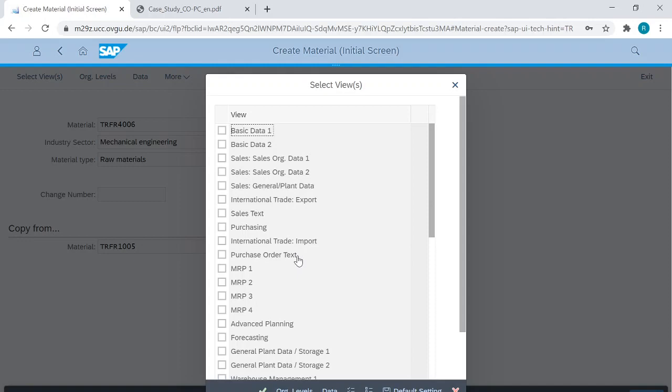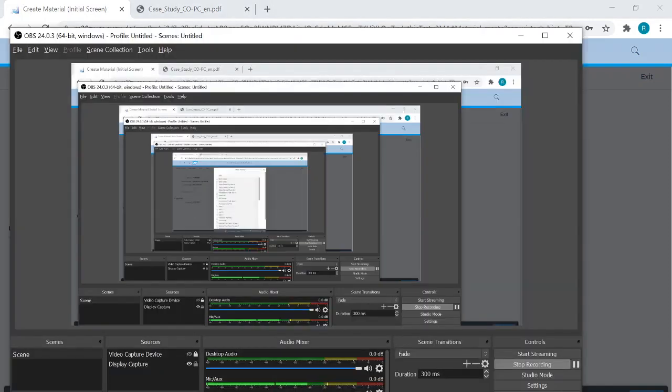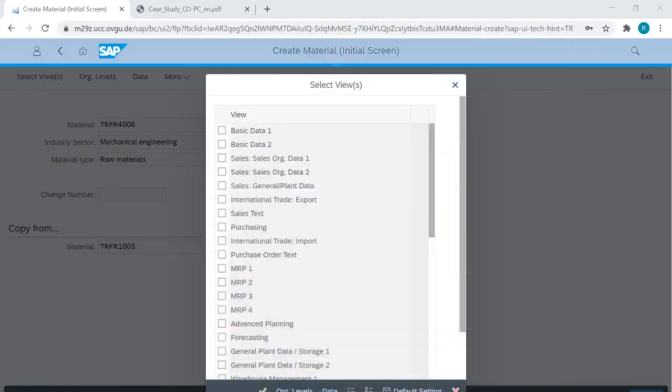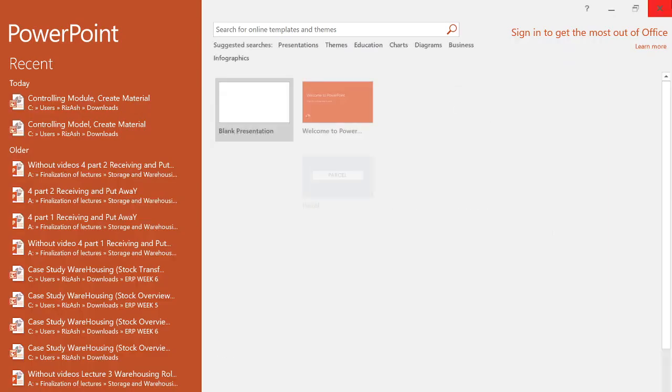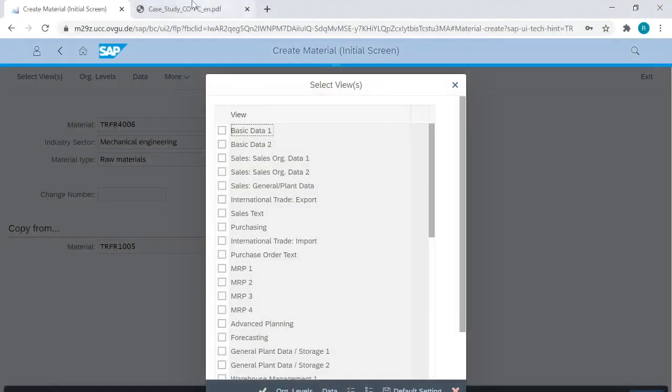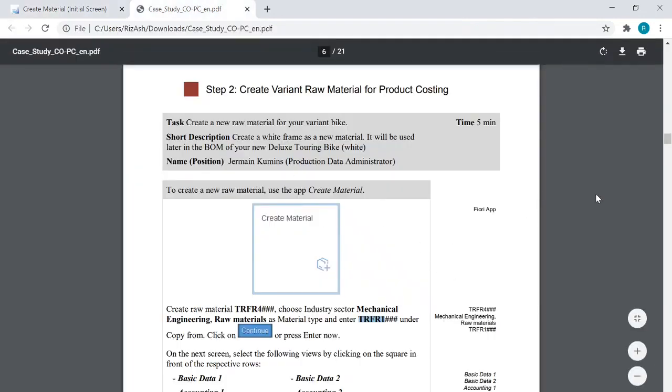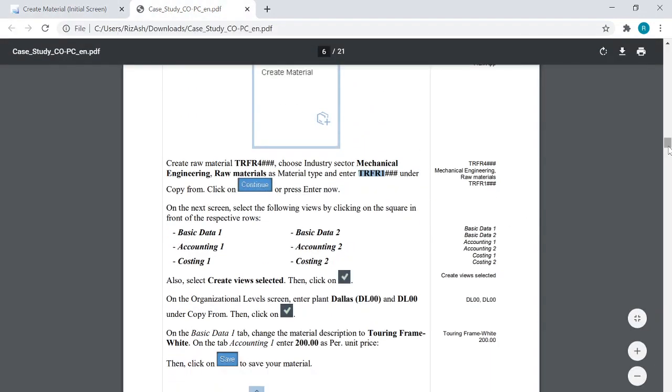now I will have to select a few things for internal configuration of the data. These things are used for internal configuration, so you just keep these in mind. There's nothing much about concept in this. You need to select basic data 1, basic data 2, accounting 1, accounting 2, costing 1 and costing 2 first.